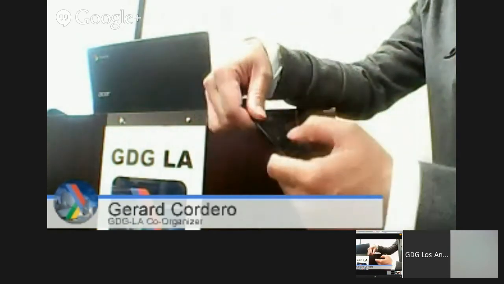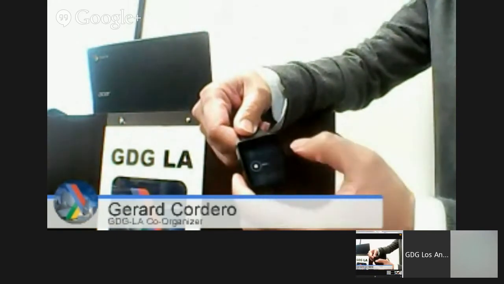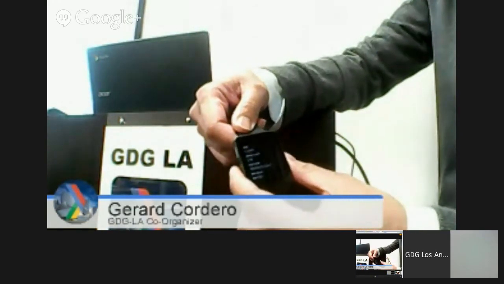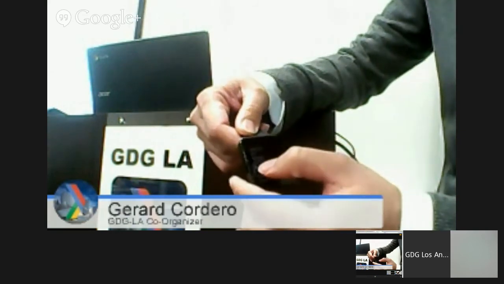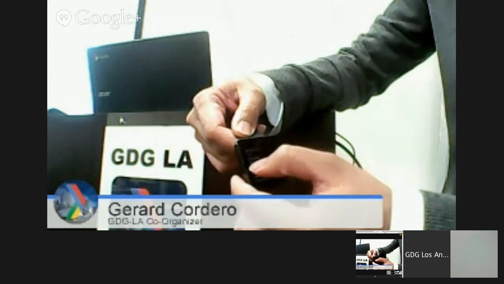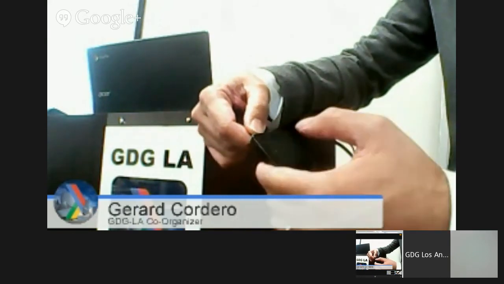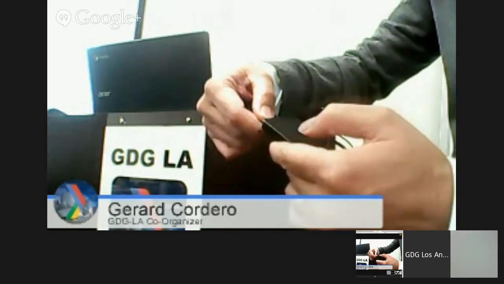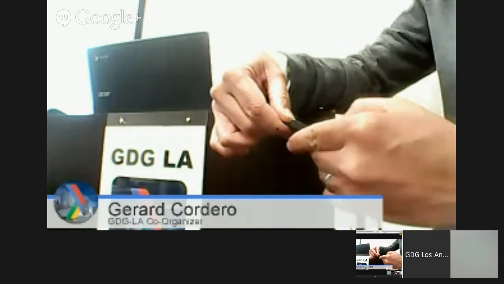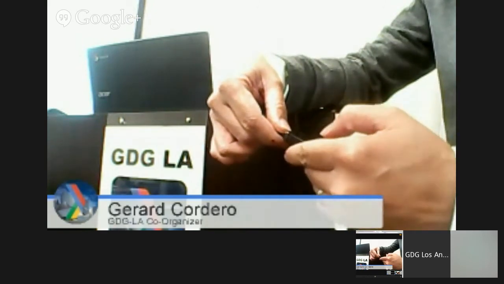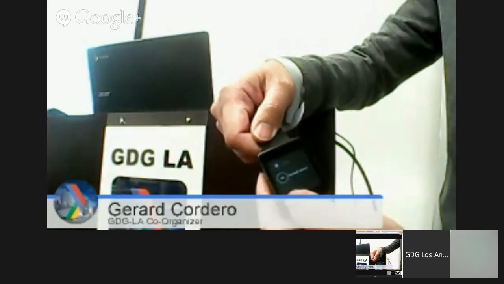So what you do is you go to the menu, go to About, and then you click on the build number 7 times. I've done it already. Wow, we're down to 18% now. So you'll get the developer option as your last menu item.